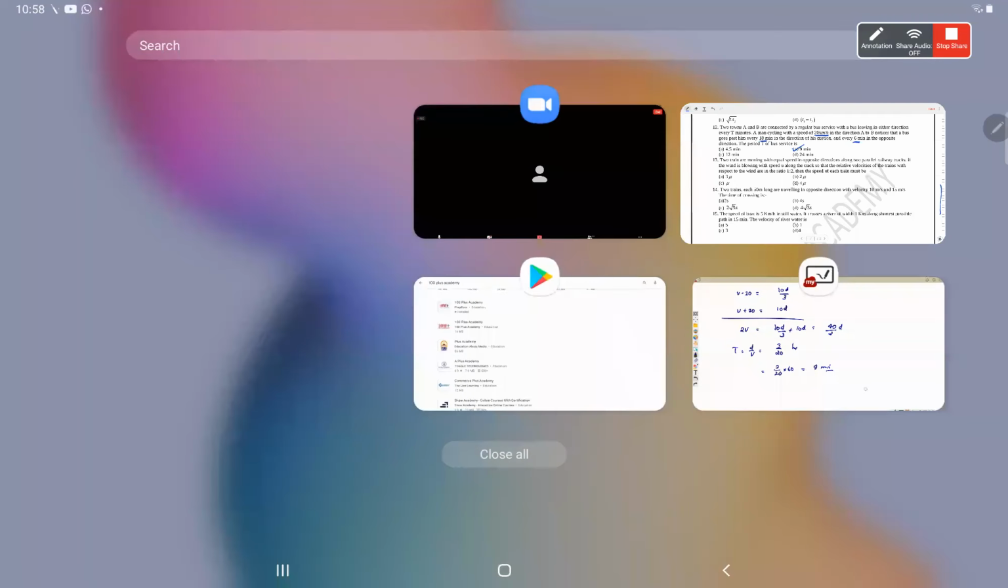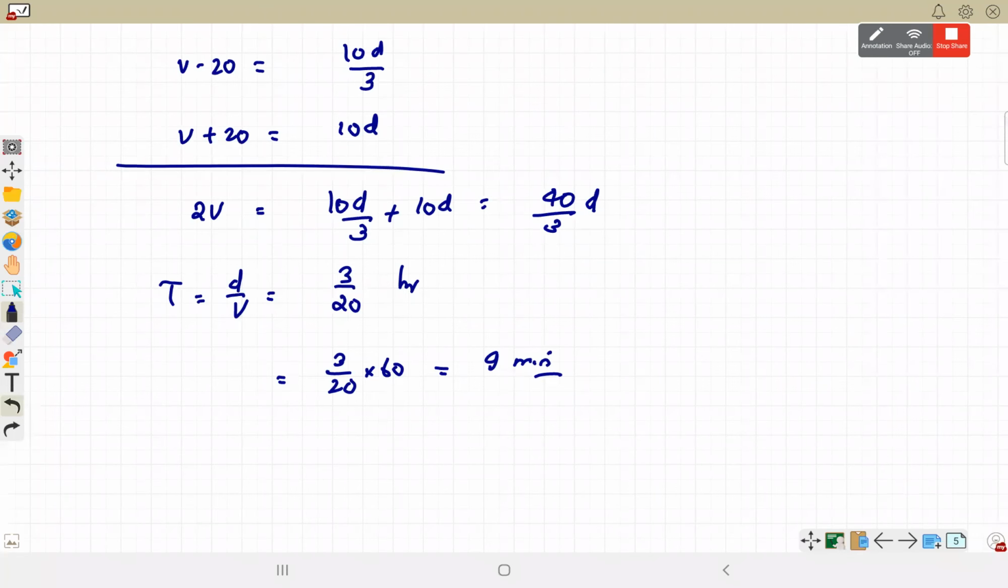Answer will be 9 minutes, and then if you have to find the speed of the bus service, you can calculate V also from this information, and the distance between two consecutive buses will also be small d. Answer is 9 minutes, because in the question the final answer is also required. It is solved quickly.